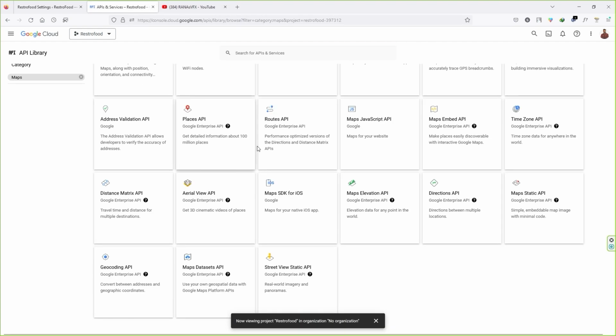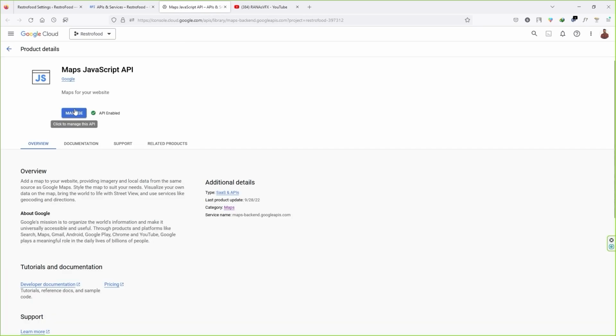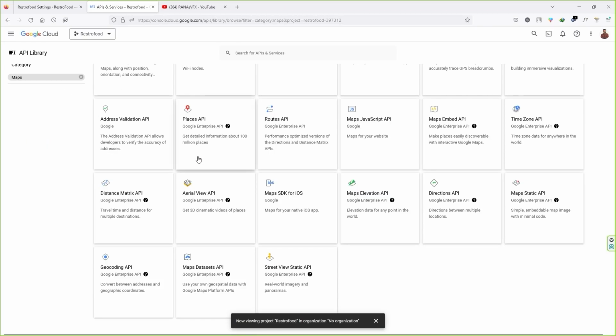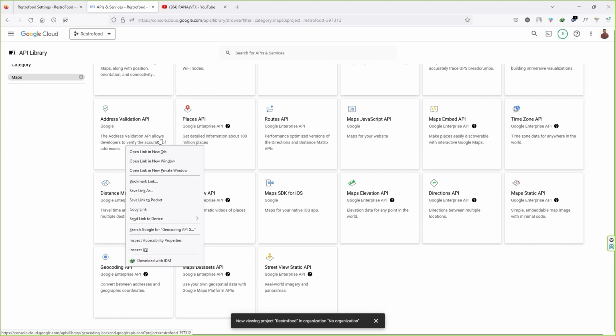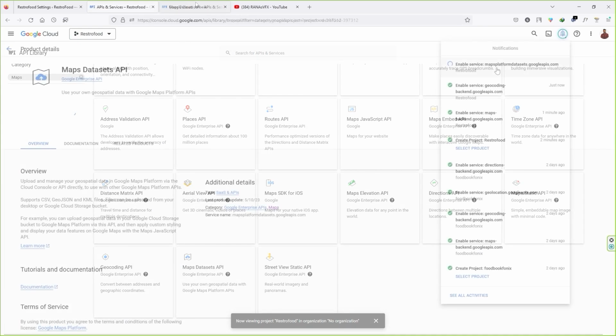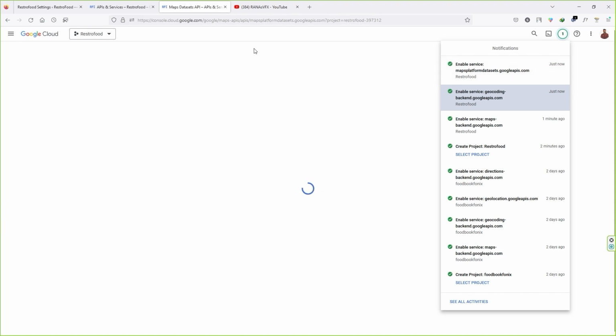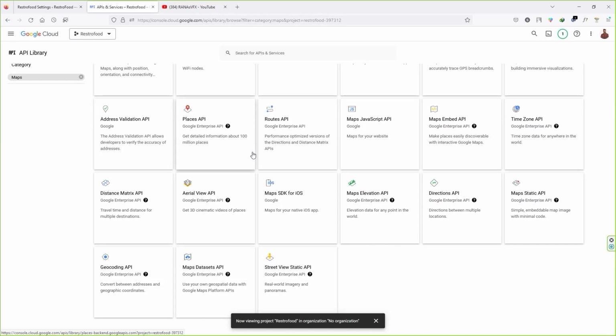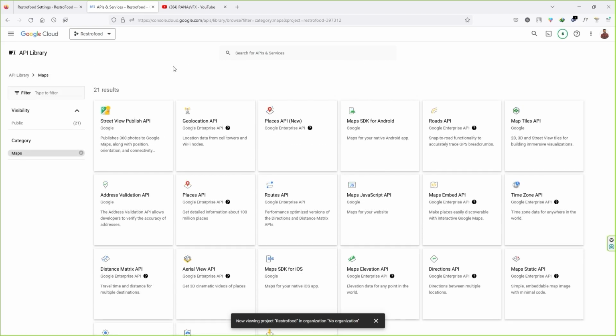So I'm going to close the tab and let's see if Maps JavaScript API is enabled or not. So you can see the API is enabled. Let's close this out. So basically you have to enable all of those APIs. I'm going to speed the video up and I'll come back once I've enabled all the required APIs. Okay. Alright guys, after enabling your APIs for your map, now click on the navigation menu and